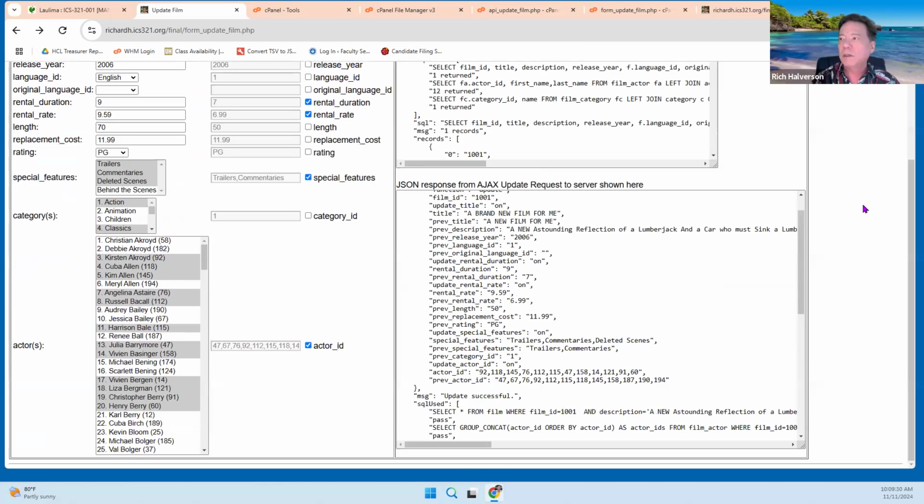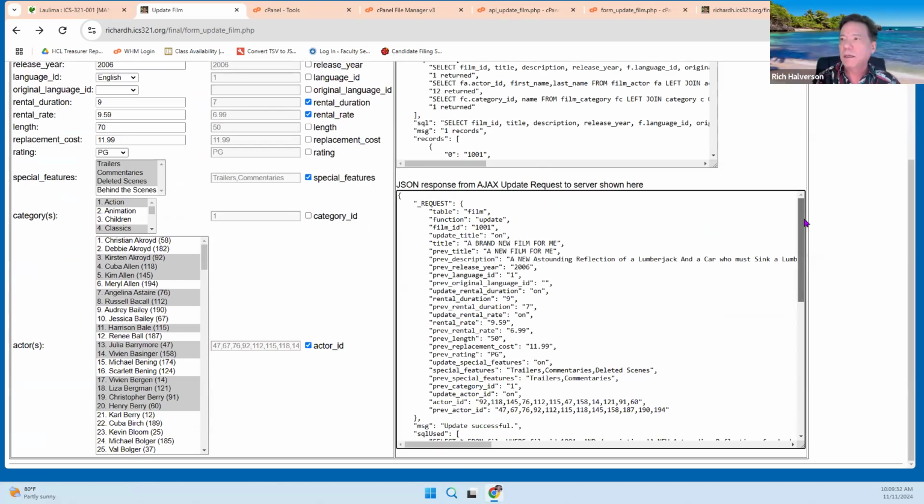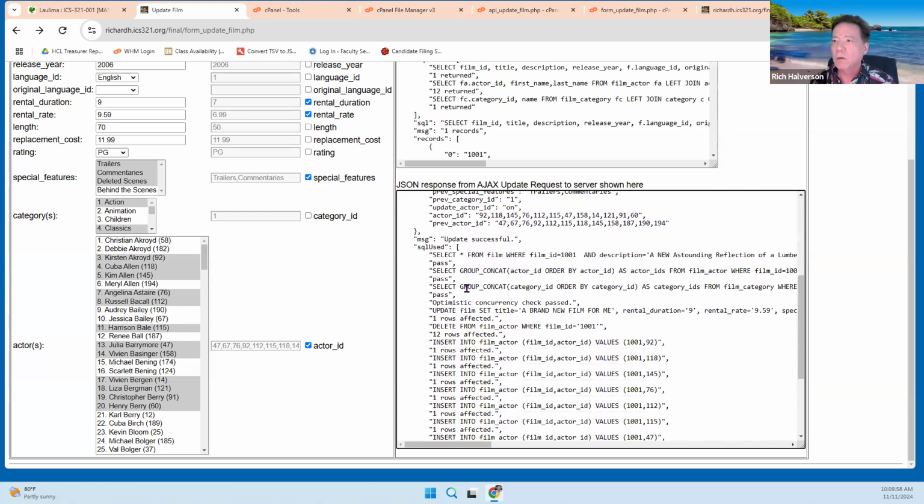And boom de boom, this is what comes back. We see that update, these are now on. Update title is on. Update rental duration is on. See, rental rate is on. Length is not on, even though it changes. Oh, so we don't even include the new rental rate. Anyway, so what happened was